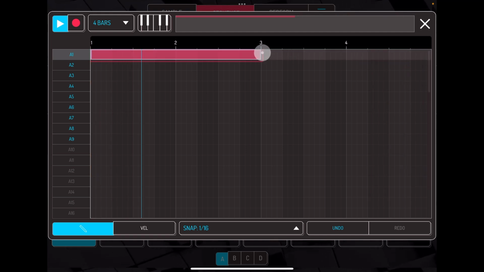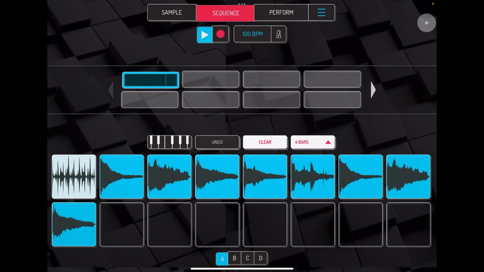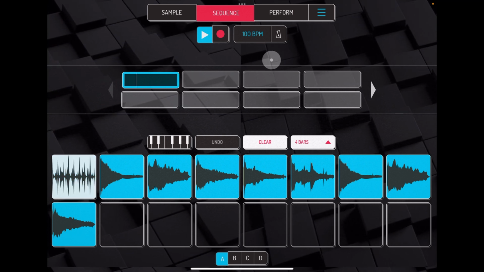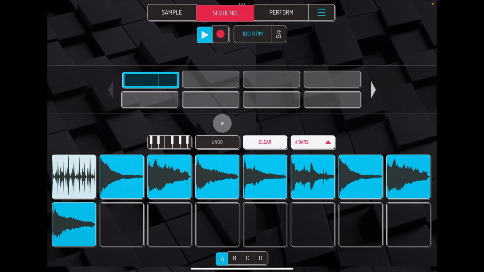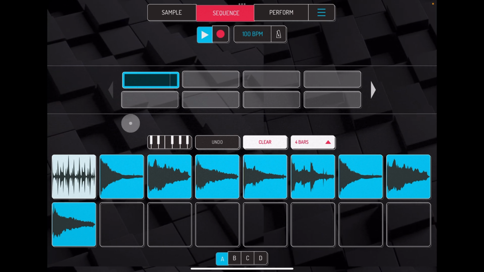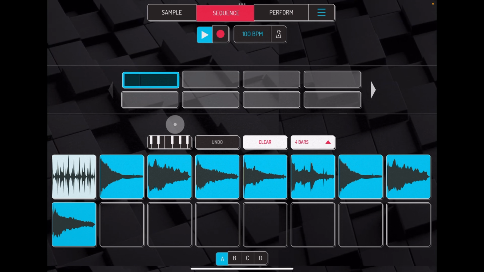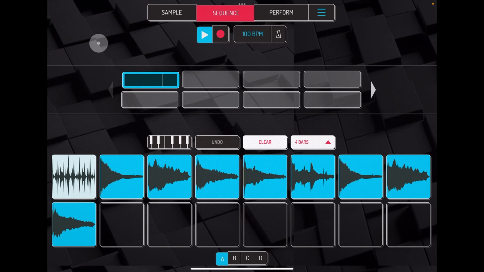I think it's because it's a 2-bar loop. I'm just going to do it again. Here you go. So now we've got that going across. How many bars have I got? That's better. Cool. Okay, so now I can start